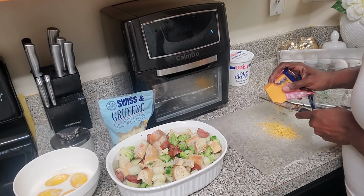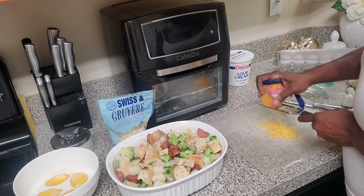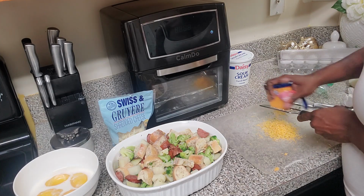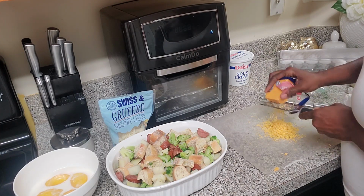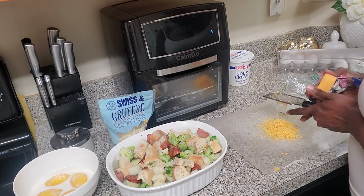So this is some cheddar cheese. You can use very sharp cheddar cheese. You can use white cheddar, whatever type of cheese you have on hand. That is what I suggest you use. So I'm going to shred this cheddar cheese,